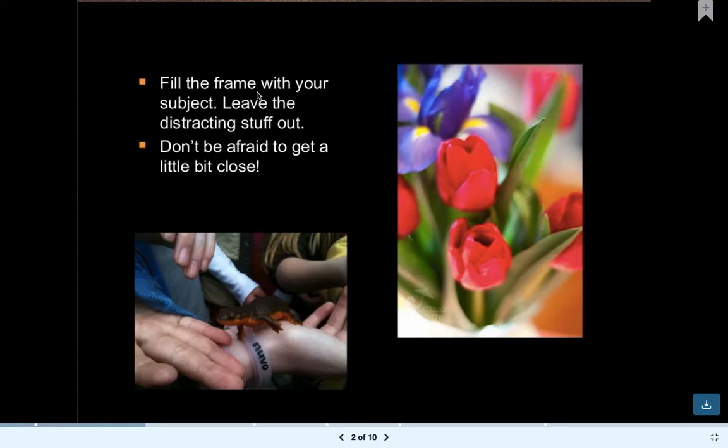So what you need to do is to fill the frame with your subject and leave the distracting stuff out. You cannot bring everything. So I'm sure this is actually a very, very lively photo, and there's a lot of activities happening in the background. But the main focus really is the lizard, and they wanted to focus on that lizard. Don't be afraid to get a little bit close, okay? And so that you can actually see the intricacies and the beauty of the subject that you're trying to take